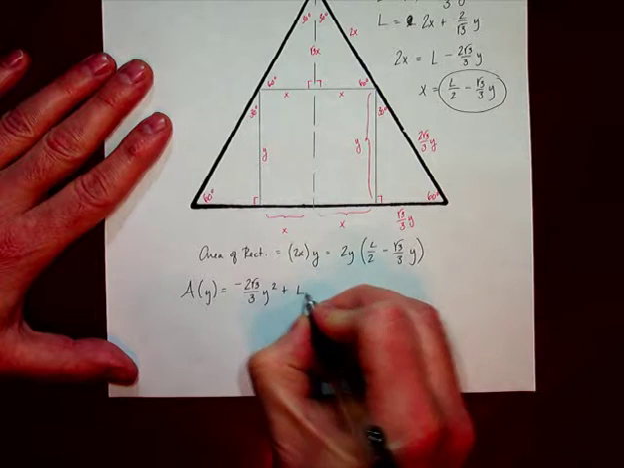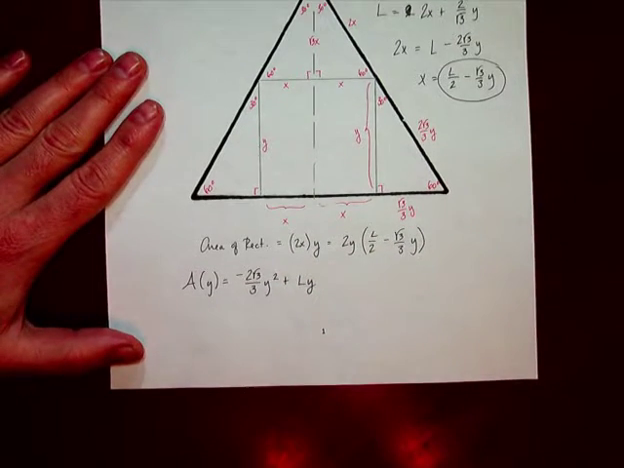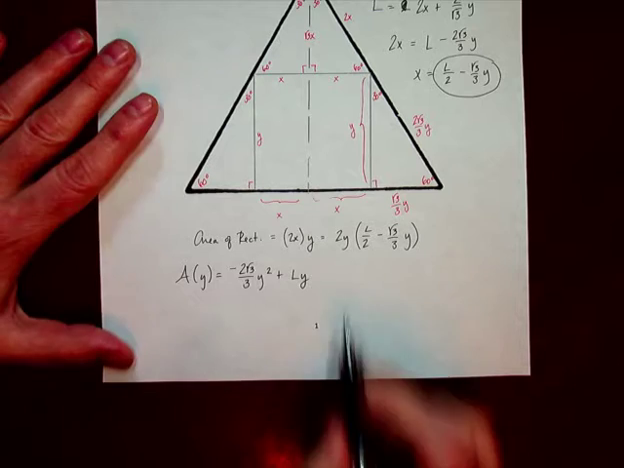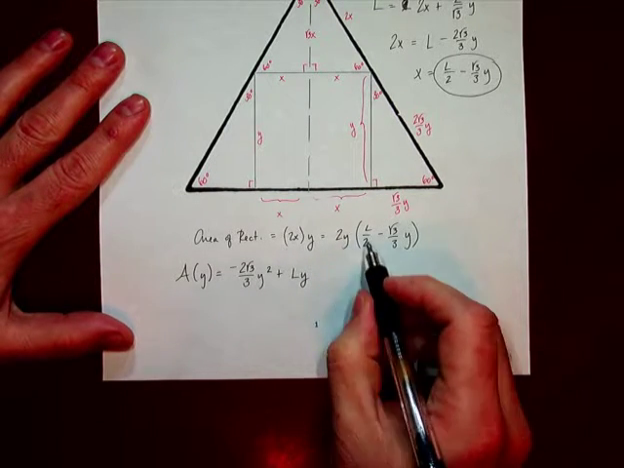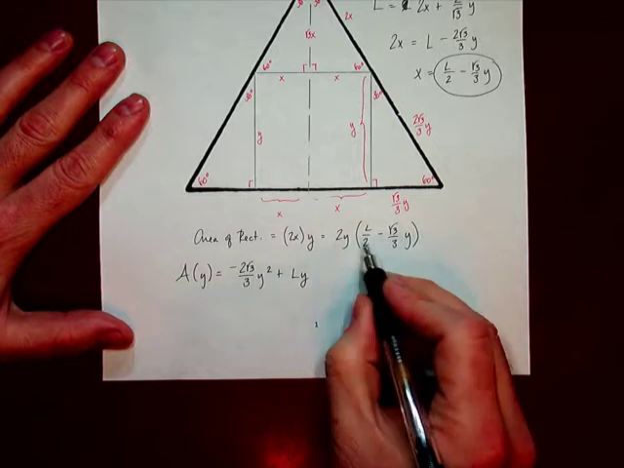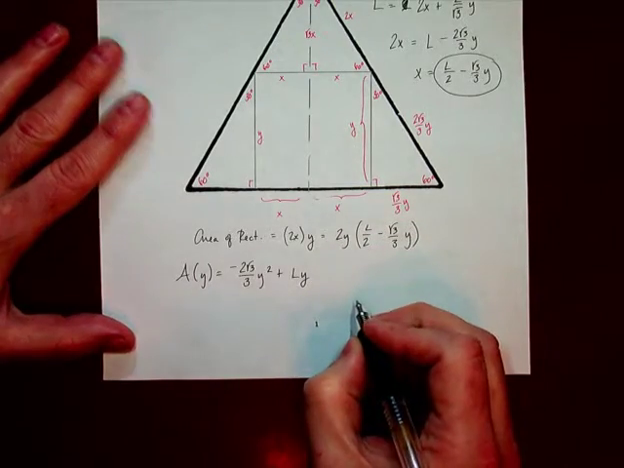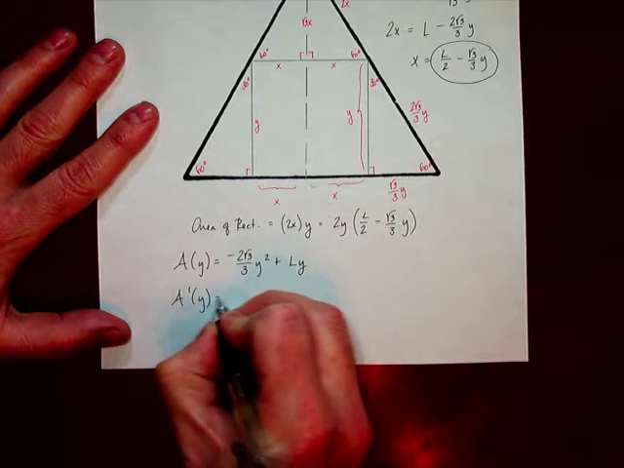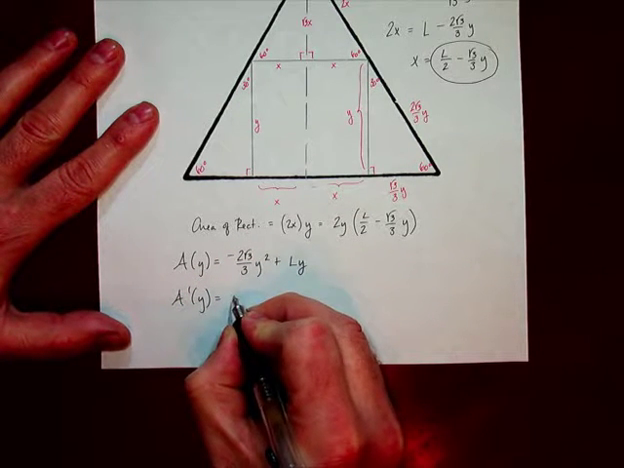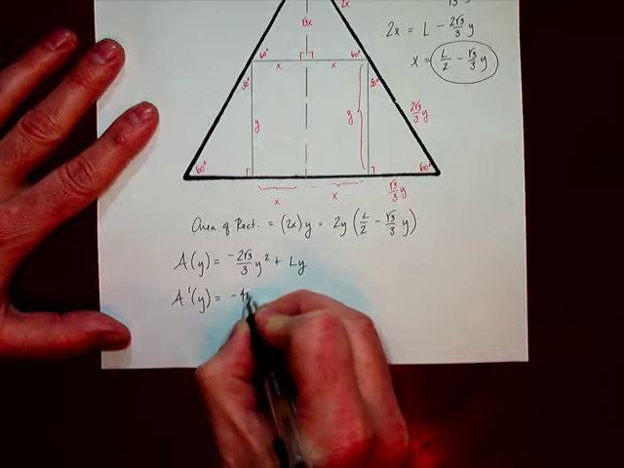plus Ly. Now, L is unknown, but it's a constant, right? It's basically for any L, okay? Now, of course, the reason why this is no longer a fraction is the 2 and the 2 canceled out when you distribute it. Now, if we have A prime of y, that's going to be negative 4 root 3